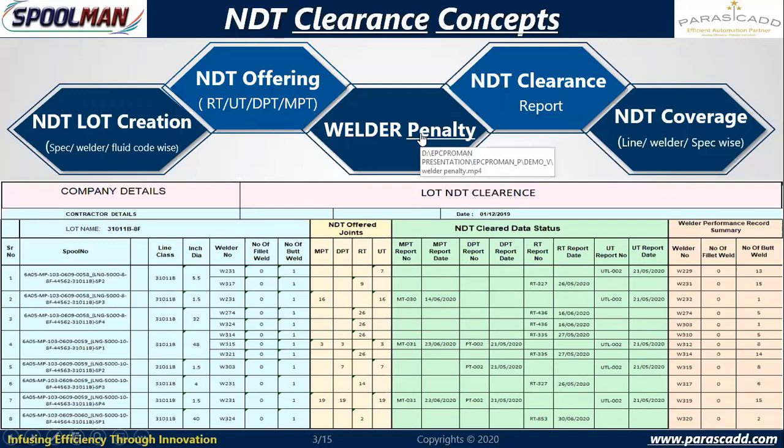Builder penalty in case of rejection. So I may go for one repair joint, or I have to go for two penalty joints. So whether it is two joints or three joints, depending on the specification, NDT plan and project requirement, we can configure the settings. And the NDT percentage coverage with the backup proof, like you can see the report at the bottom, these backup proofs, like which is the spool, how many joints we have chosen, and whether I'm covering this entity percentage, and whether this percentage coverage is line wise or welder wise or both line wise and welder wise. All permutation combinations are available here.